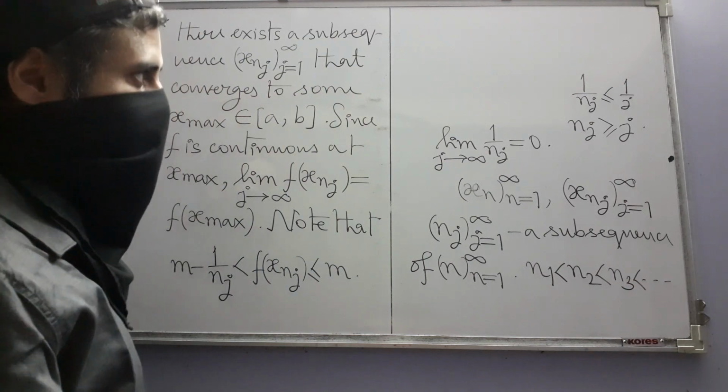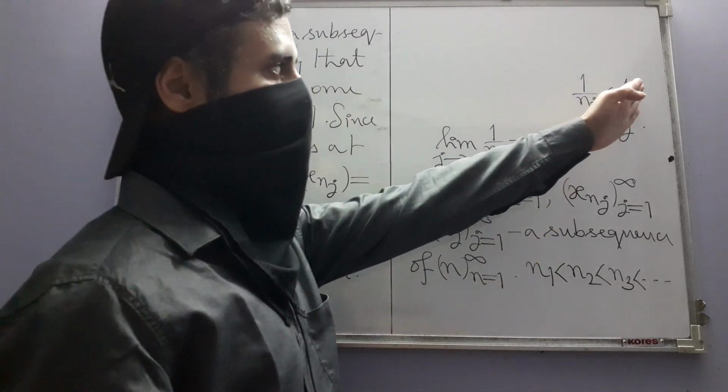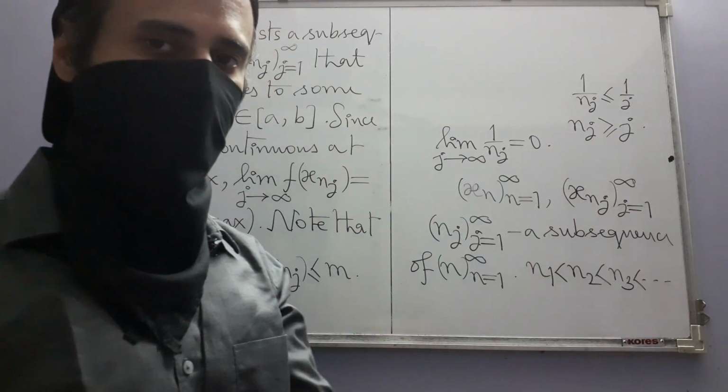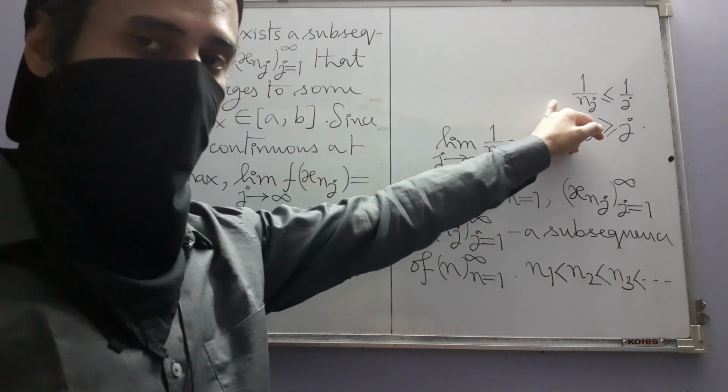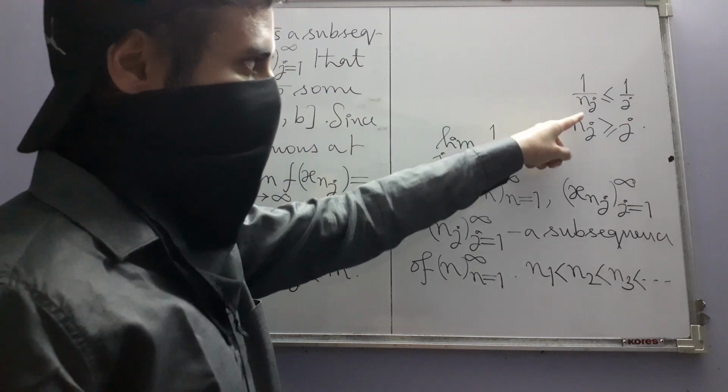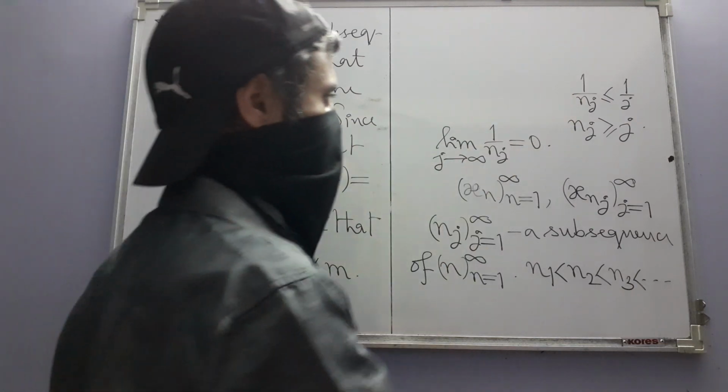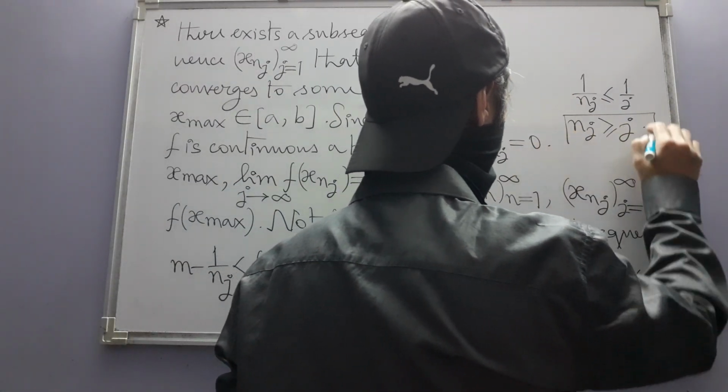Now, as j approaches infinity, the limit of 1 over j is 0, that we already know. So that is why by the squeeze test, the limit of 1 over nj is also 0, and this can